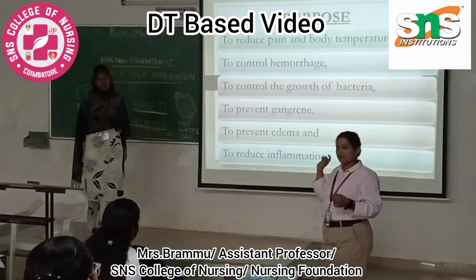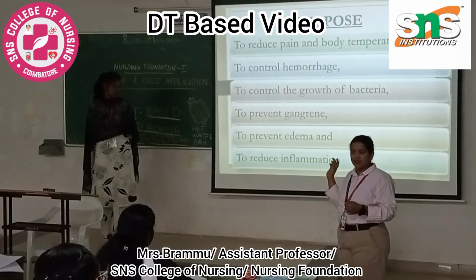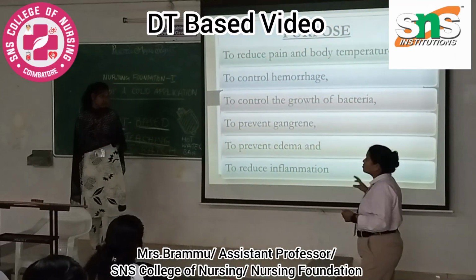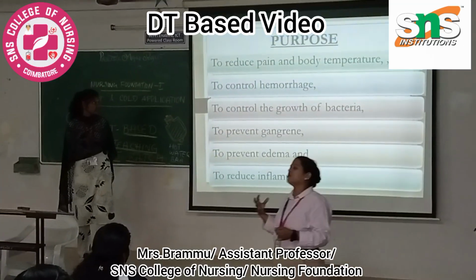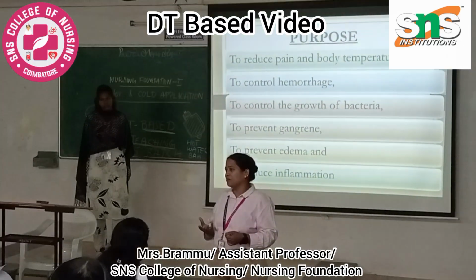By this, the bleeding is being controlled. Hemorrhage, you all know, is massive bleeding of more than 500 ml. Then, to control the growth of bacteria: we all know that bacteria will grow in moist as well as warm temperature when compared to